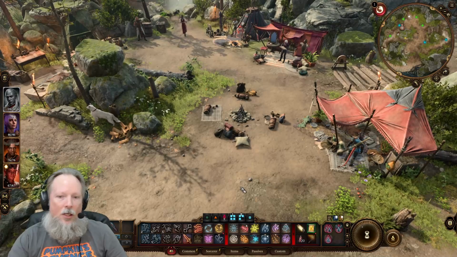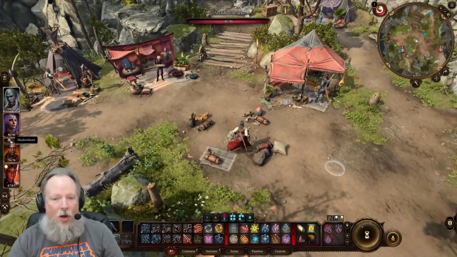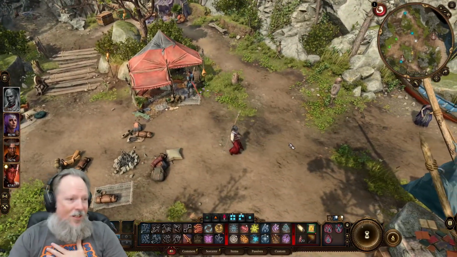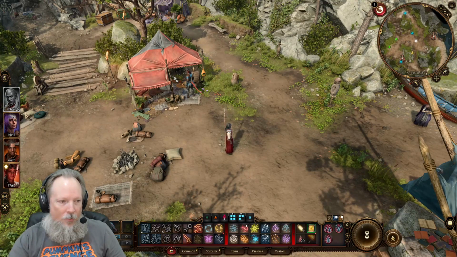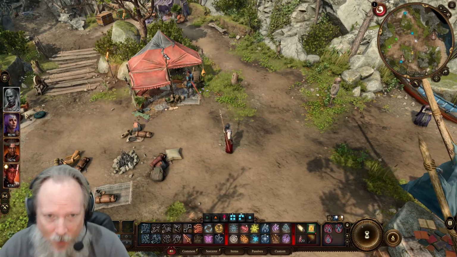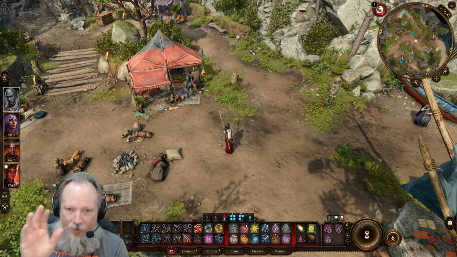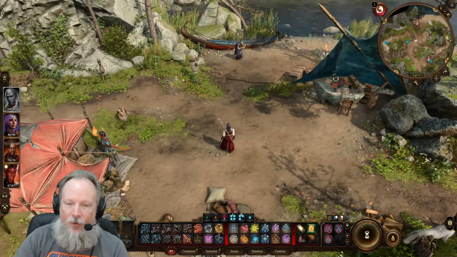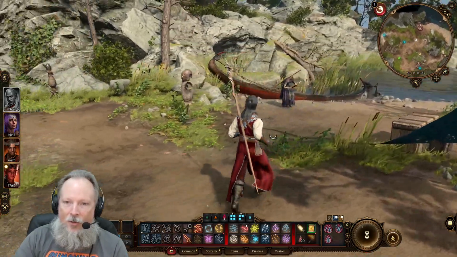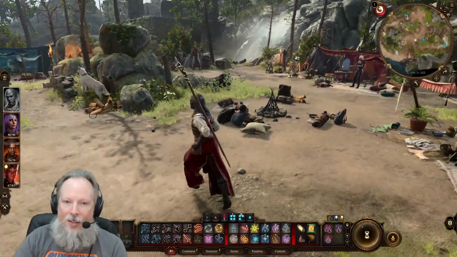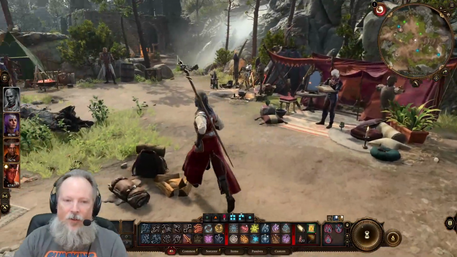Of course, you can also do panning, but I have panning turned off for a reason, just because that's the way I choose to roll. But you can have mouse edge turning, edge panning on as well. So if you don't want to use the WASD, you can use the panning to go right, left, up, and down, and so on and so forth. And then you can also come in here and hold down the right mouse button and the left mouse button at the same time, and it gives you this,